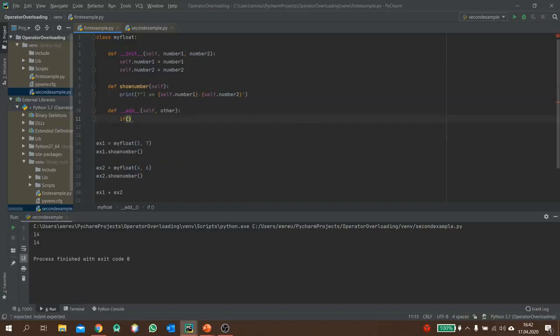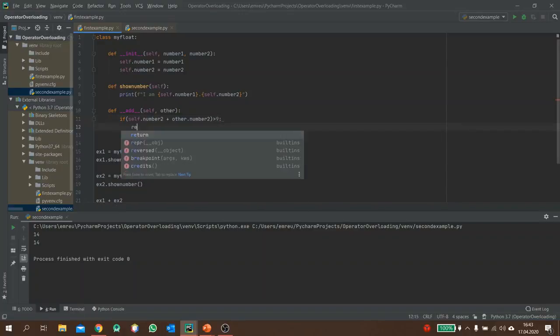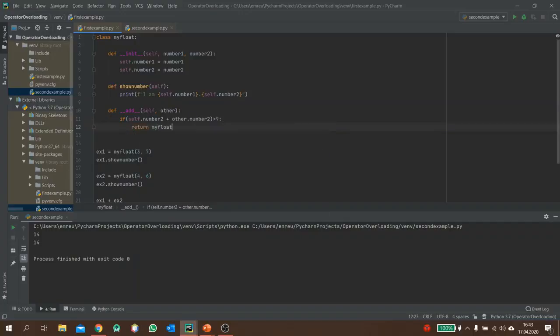If self.number2 and other.number2 are greater than 9, return myFloat of self.number1 plus other.number1, plus 1, and self.number2 plus other.number2 minus